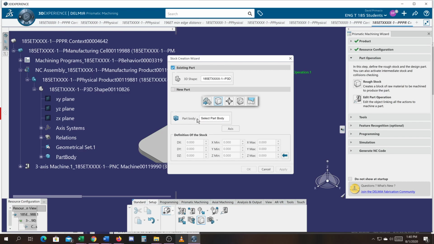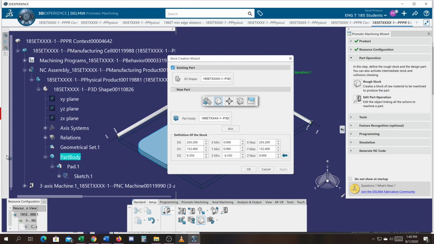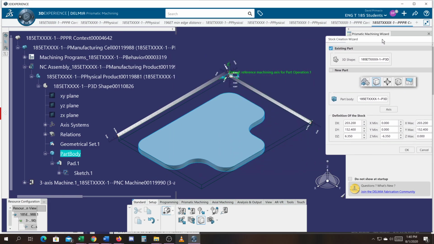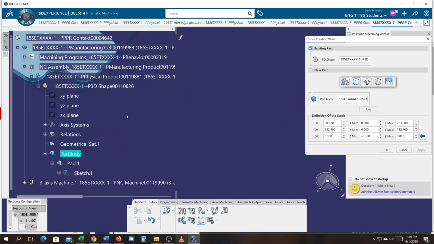It's waiting for you to select the part body. You don't have to click in here. You don't have to highlight it or anything. It's asking you to find this icon. So I find that icon right here, and I simply click on it, and it puts in my part number, which is this here. So you've got your part number in there now. I could say OK, but the raw stock material